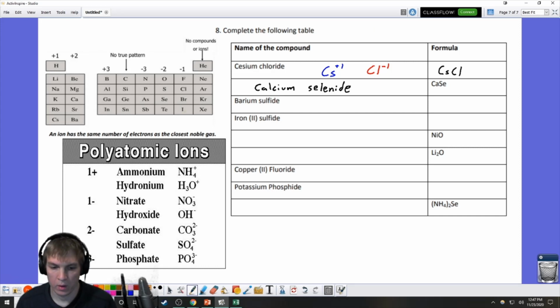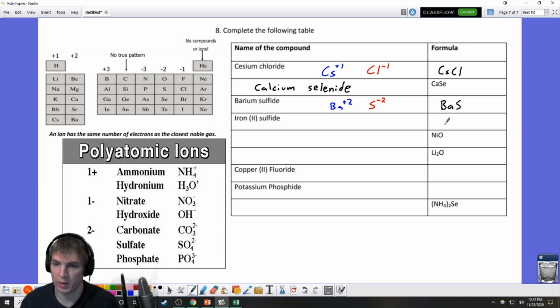Okay. Part 3, barium sulfide. So barium, which is going to be Ba. So I'm just going to write that here in the margin, Ba. Has a +2 charge. You can identify it right there from our table. So +2. And then sulfide comes from sulfur. So here's sulfur. And it has a sulfide, which is a -2 charge. So barium sulfide, +2, -2. That actually equals out to 0 already, so we can put